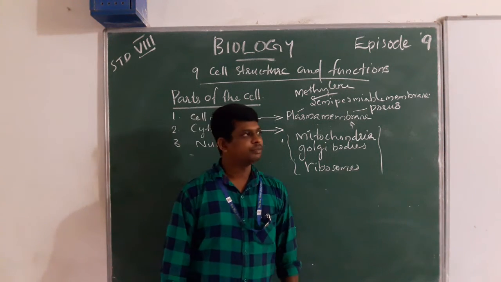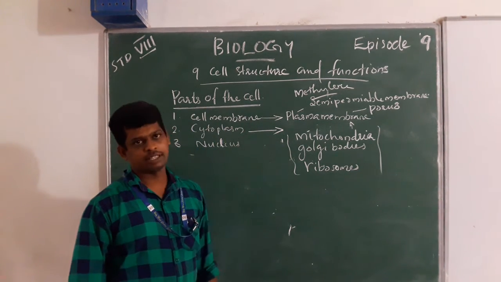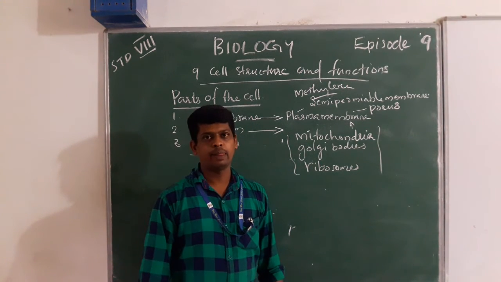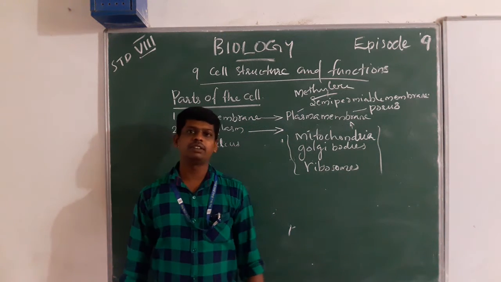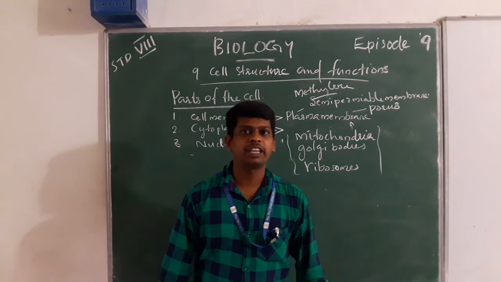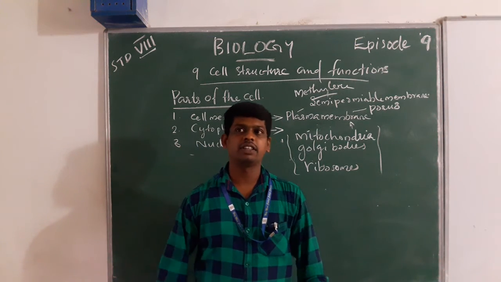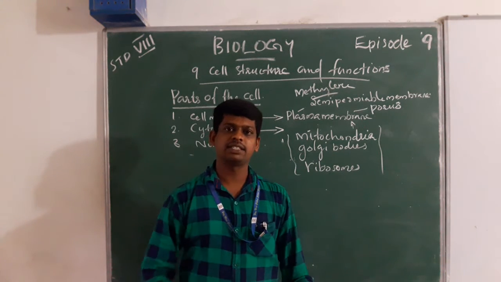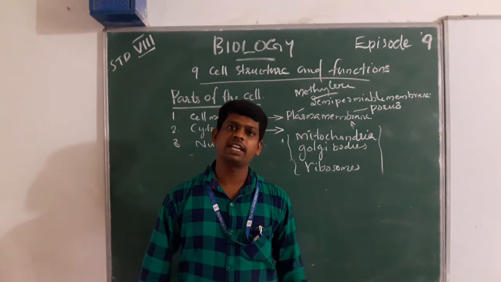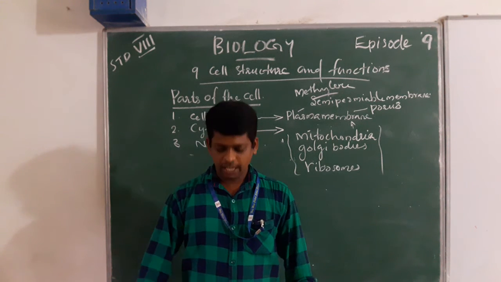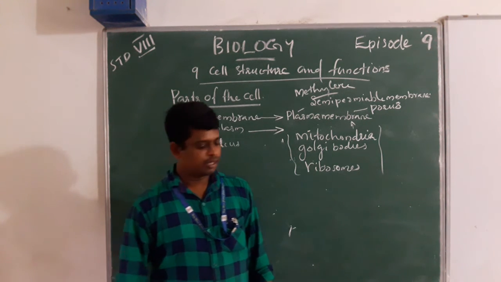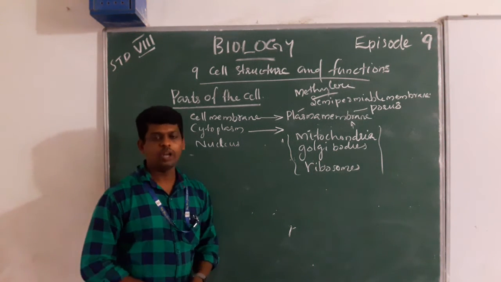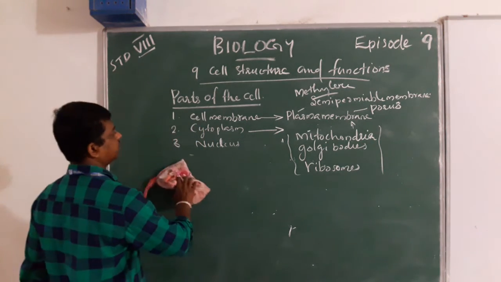The cytoplasm is a fluid matrix. Within the cytoplasm, we can see the endoplasmic reticulum, and in plant cells they have vacuoles and plastids. Then at this point, we are discussing the nucleus. Look.